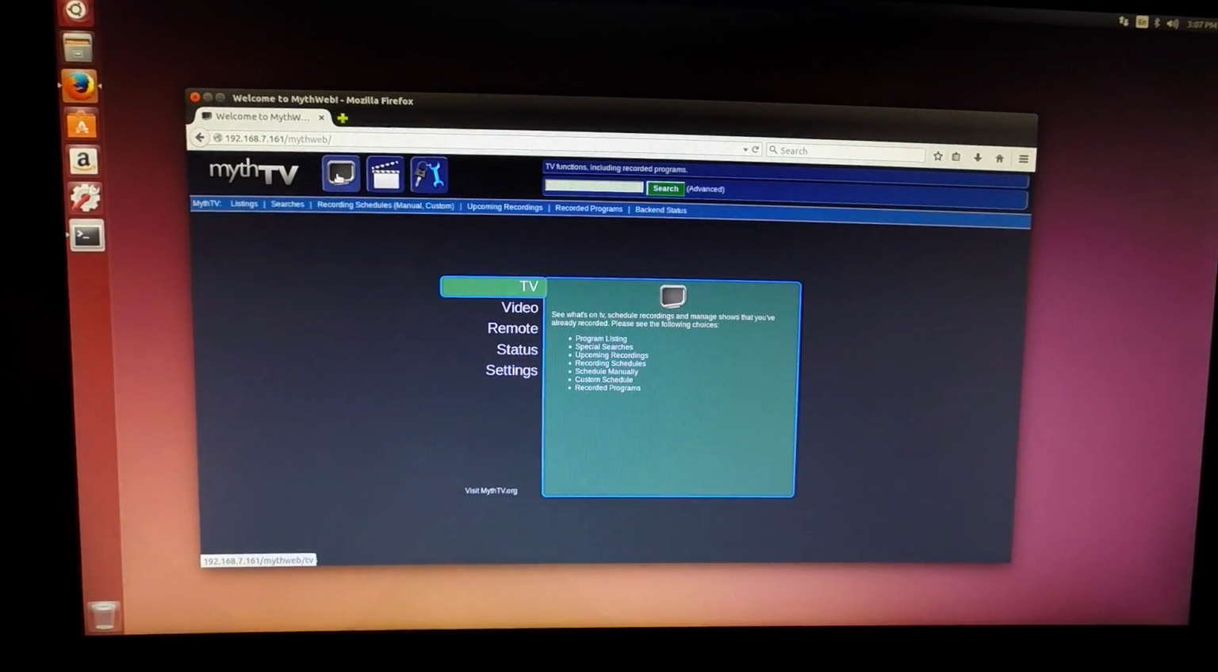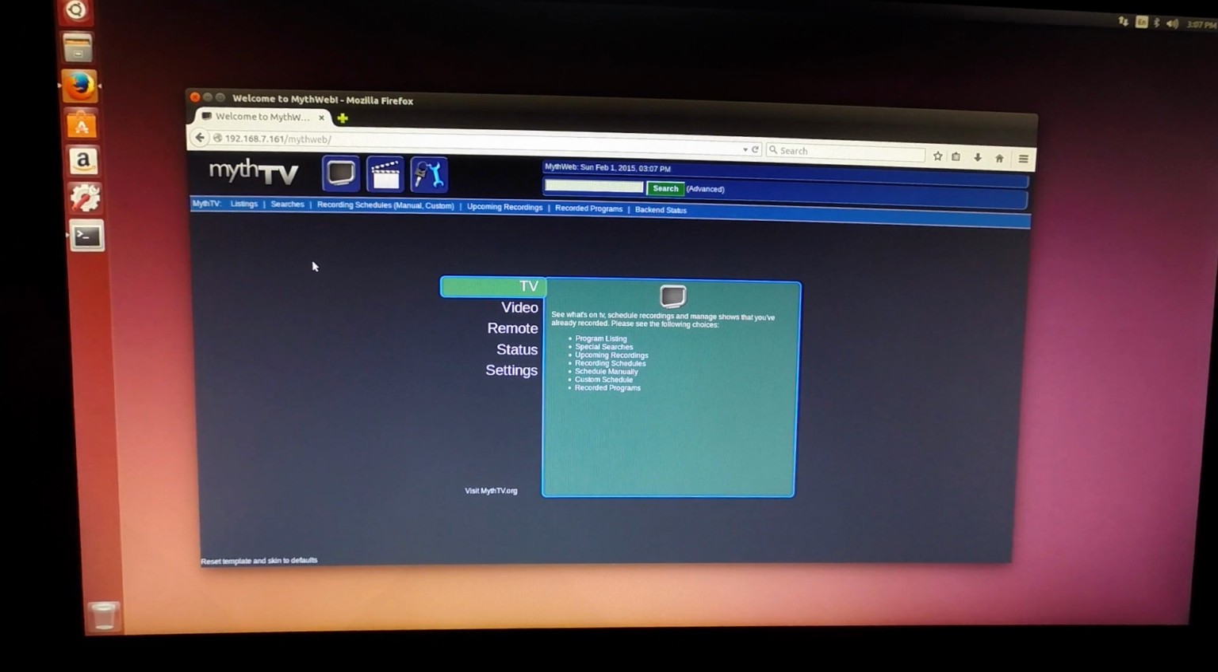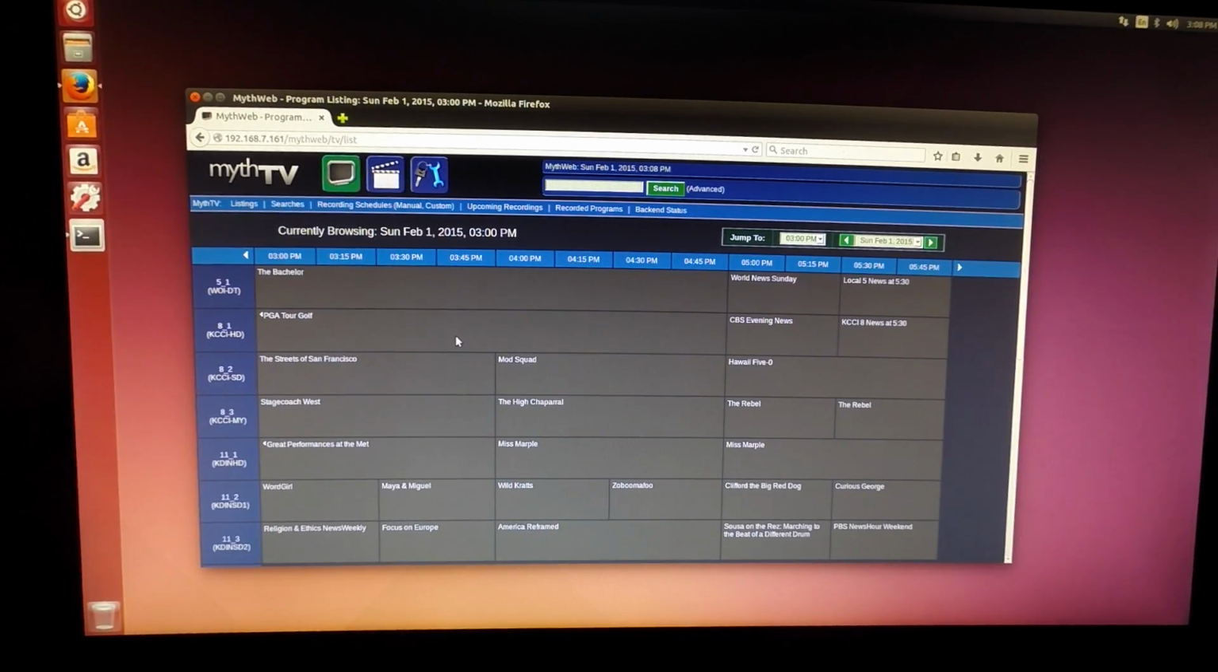And we'll see the Mythweb interface. Now the nice thing about this is you can use this interface on the machine itself, but it really comes into play where you can open it up on a separate machine or an iPad or an iPhone or an Android device, and you can schedule programming. So for instance, we'll click on listings here